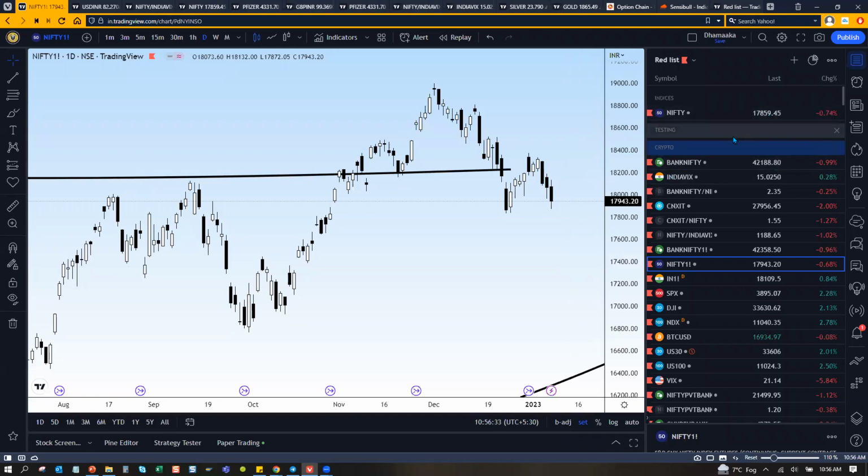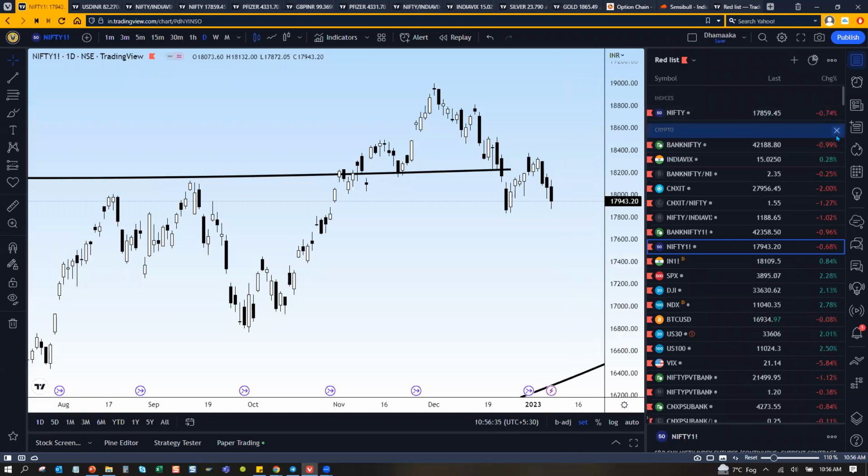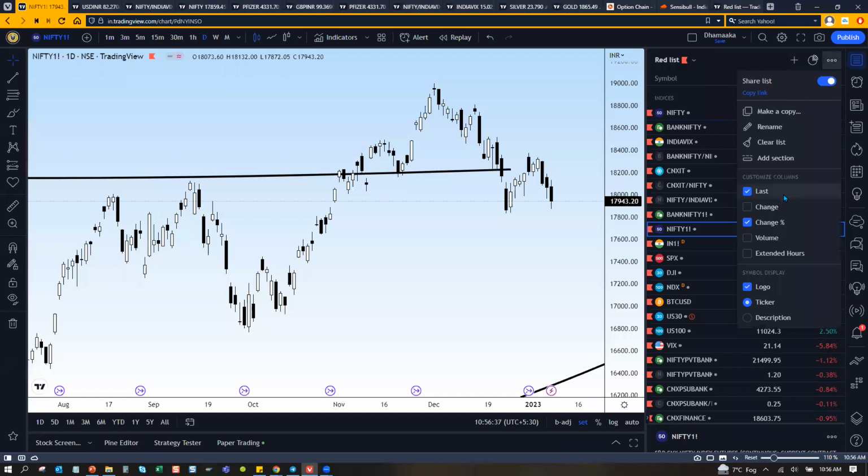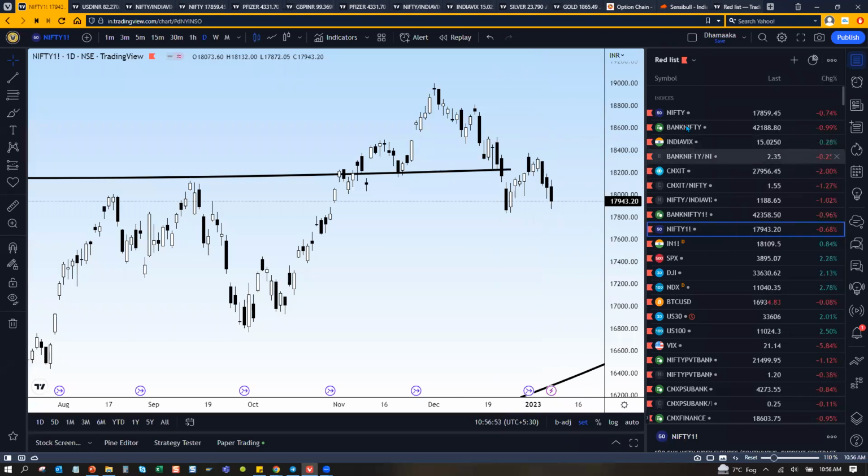Okay, so this is where we add sections. This is a very quick intro on what this watch list is all about. You can copy, you can share, you can re-import in a new environment or new user profile. So this is what you can see. Whatever you don't need, you can remove. I typically need just indices, the last price and the change. That's it for me. So you can have your own customized view.